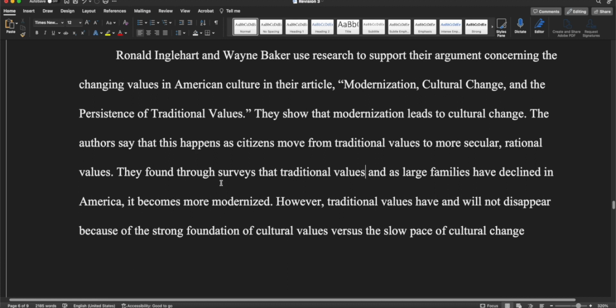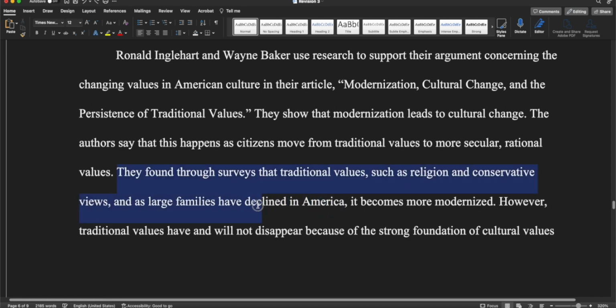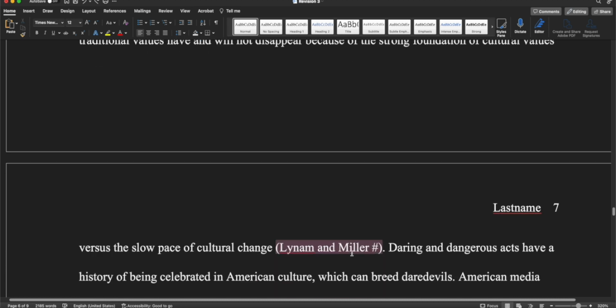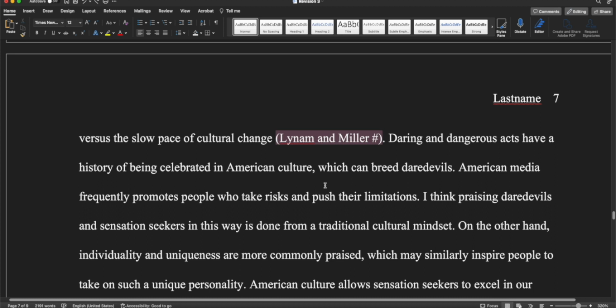They found through surveys that traditional values and as large families have declined in America, it becomes more modernized. That sounds strange, right? So we need to rework this whole sentence, which we'll do in just a second. However, traditional values have and will not disappear because of strong foundation of cultural values versus the slow pace of cultural change. Okay, now we have Lynham and Miller,